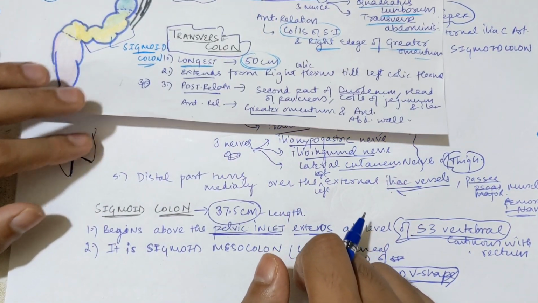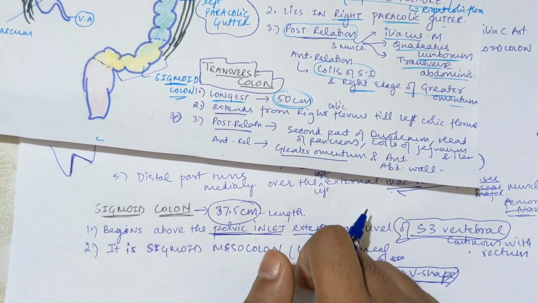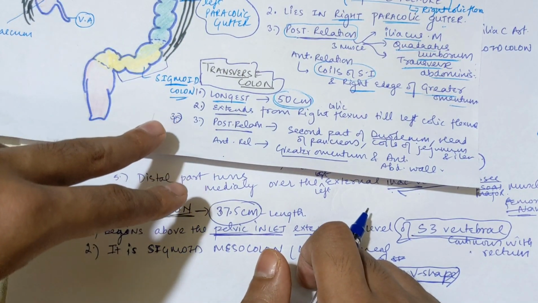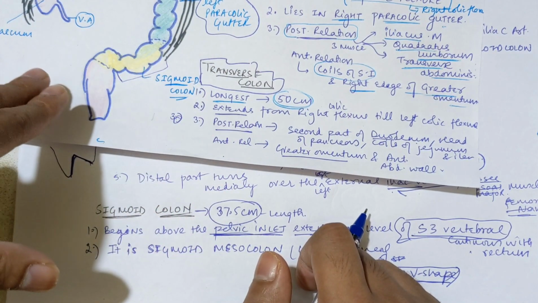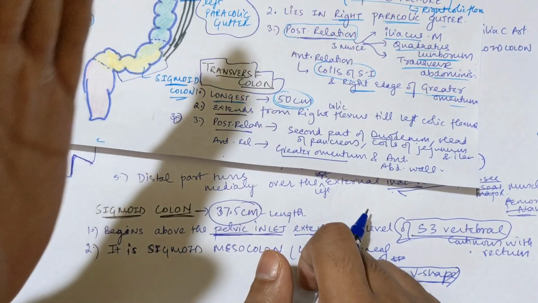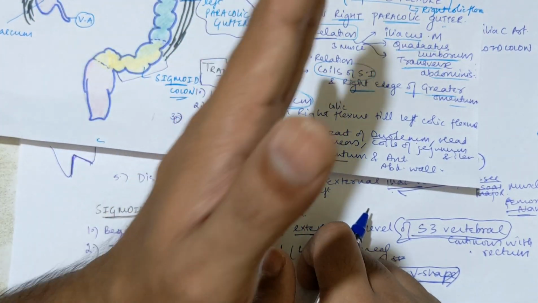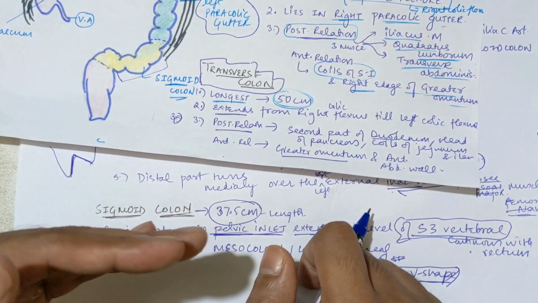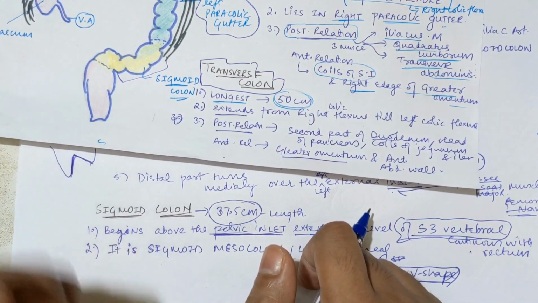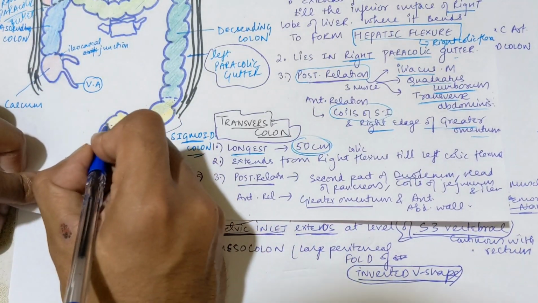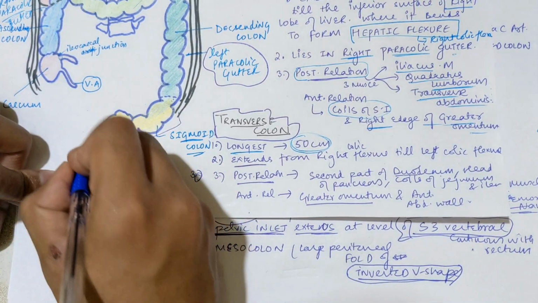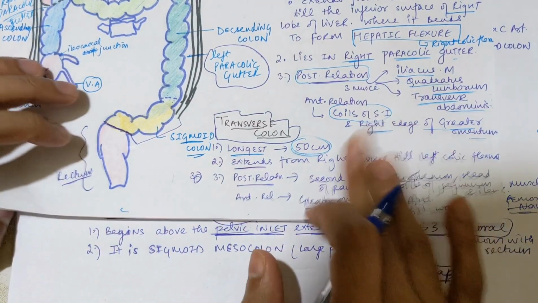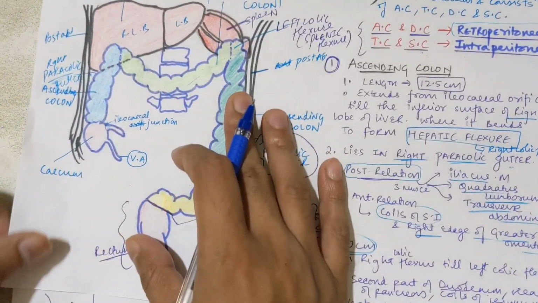Clear? And further in the later parts, when it reaches the third part of the sigmoid, it actually crosses between your urinary bladder and the uterus also. Okay, and further it then reaches your rectum. Okay, and somewhat goes medial to your pelvic walls. Okay, pelvic bones. Okay, when it is taking the turn and reaching your rectosigmoid junction, which is also present at the level of your S3 vertebra. Okay, rectosigmoid junction. This is actually the rectosigmoid junction. In the rectum video, we will discuss in detail about rectum and rectosigmoid junction also. This much is clear.